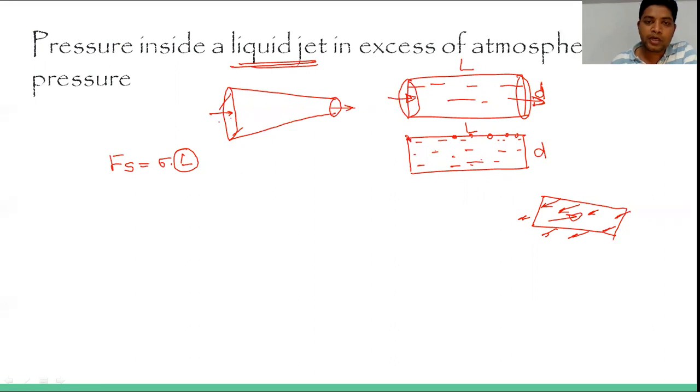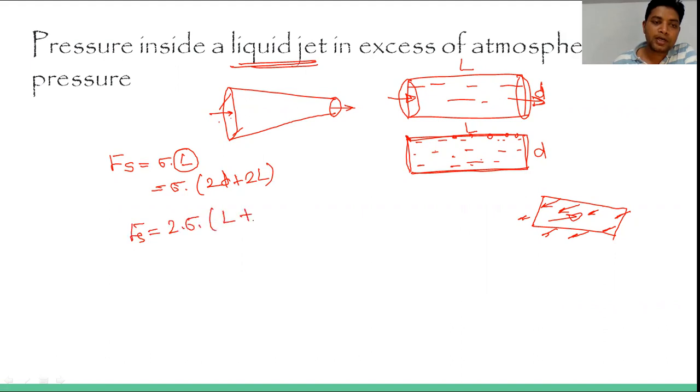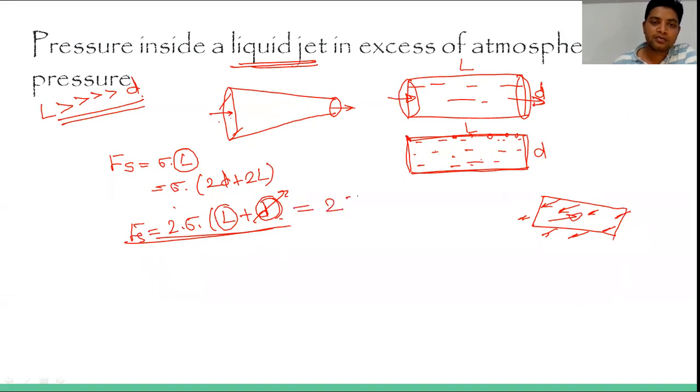If I start calculating from here, this is D plus L plus D plus L. So we can say sigma into 2D plus 2L. I take 2 outside, so this Fs will be equal to 2 sigma into L plus D. Now when we talk about liquid jets, this L is very much larger than small d. Okay, so this means if this is 200 and this is 2, then we can eliminate it. So if we are eliminating, then this relation will be